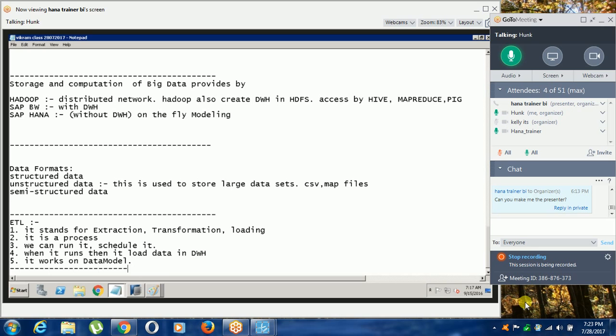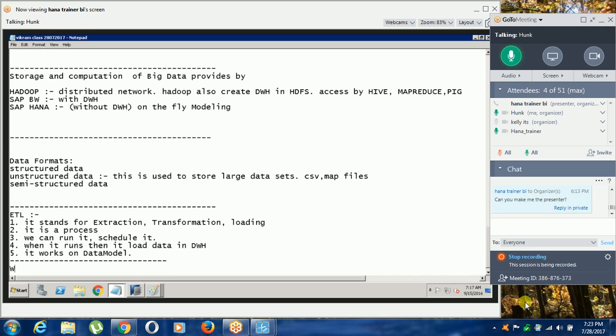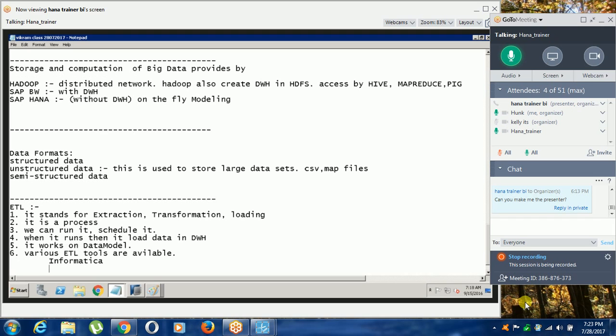Yes, there are tools for ETL, sir. Yes, so many, more than 500 tools. Some of the examples are Informatica. Various ETL tools are available, and different companies have different ETL tools. Informatica, Irving,